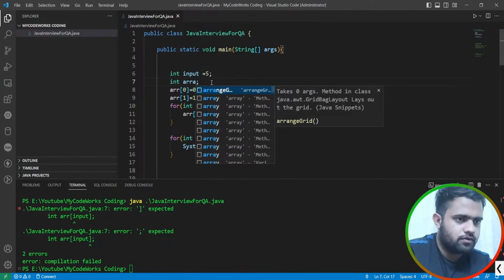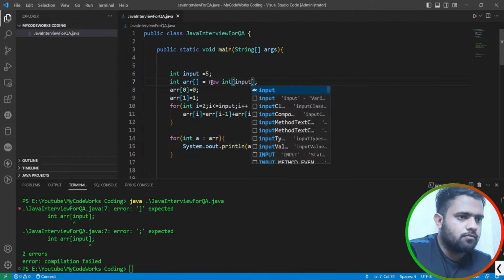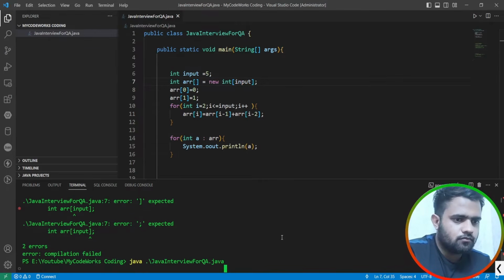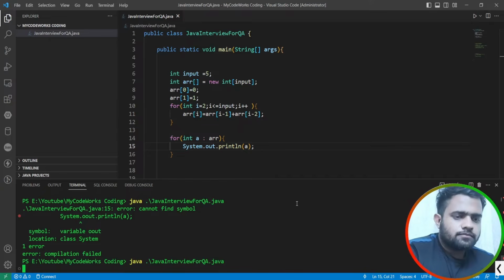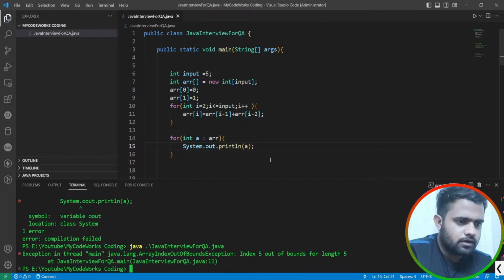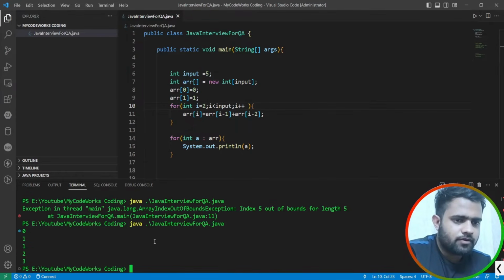Index out of bound, it should be less, input length should be less. Okay, as you can see here, 0 1 1 2 and 3, so till 5 we are able to print